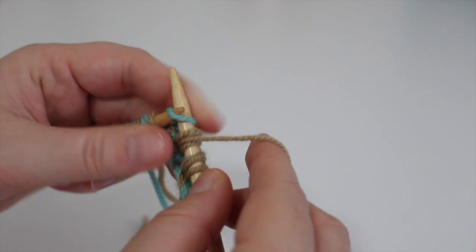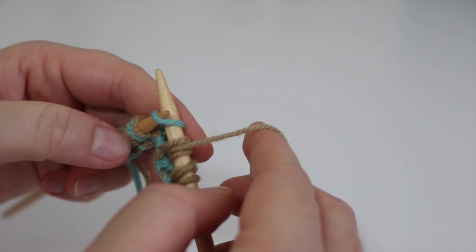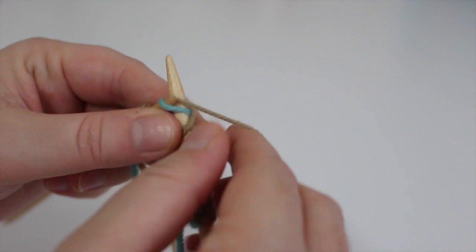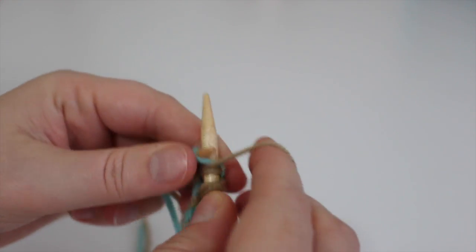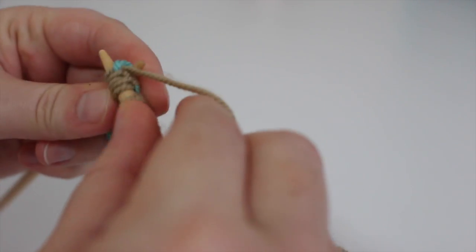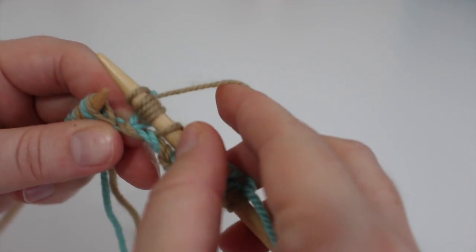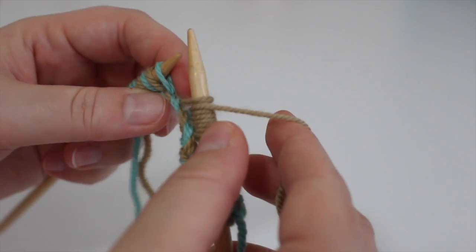So this is a center increase, so we're going to need to increase 4 stitches because we're going to work another 2-stitch decrease. So this one we're going to knit a stitch, oops, don't lose that stitch on the left hand needle, yarn over, knit a stitch. So now you've effectively got 3 stitches in there, yarn over one more time, and knit one more time into that stitch. So we've now got 5 stitches worked into that single stitch. And then we'll work one more, slip one yarn over,